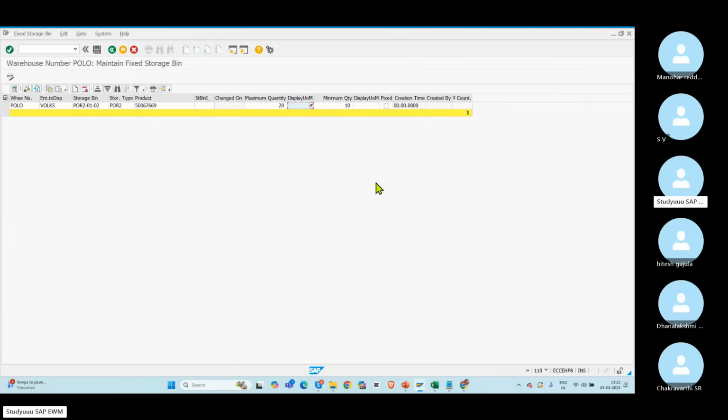Okay, for this one I don't want to maintain the storage type level, I can keep it blank there. I'm maintaining directly at the bin level in this case. For this bin, this product, in this storage type, minimum quantity is 10 and maximum quantity is 20 here. You can keep 50 also, there is no problem. I'm just keeping 10, 20, enter, guys,